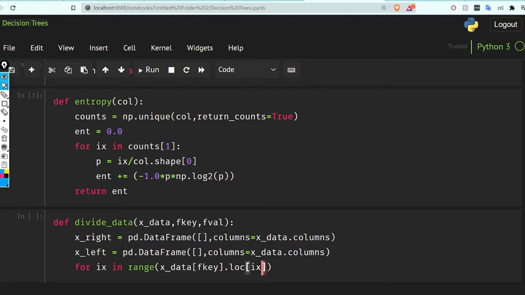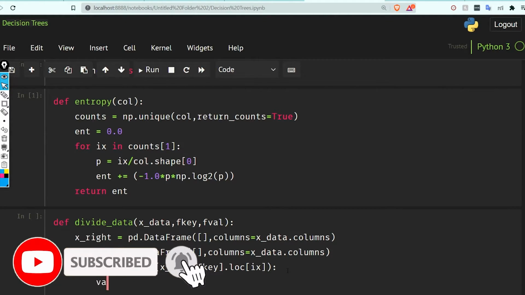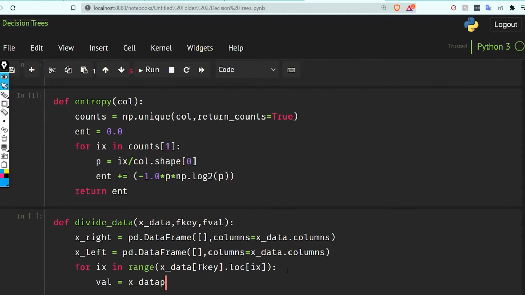In this I'm going to check the value, x_data.shape[0], and here I am going to set that value, f_key, iloc ix.